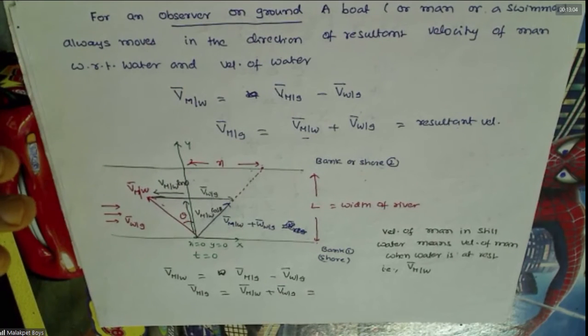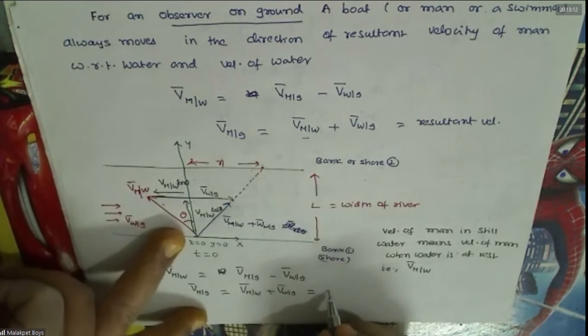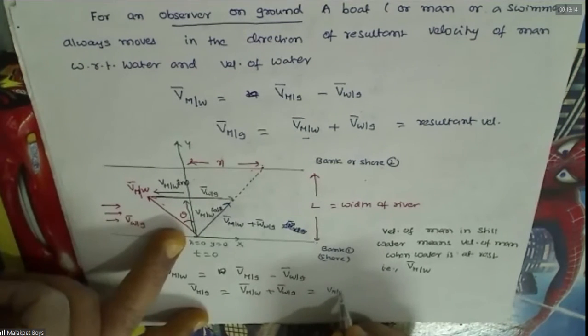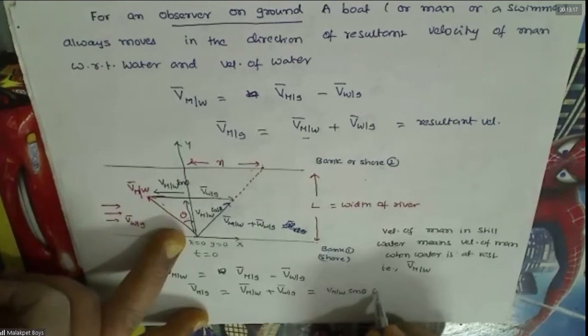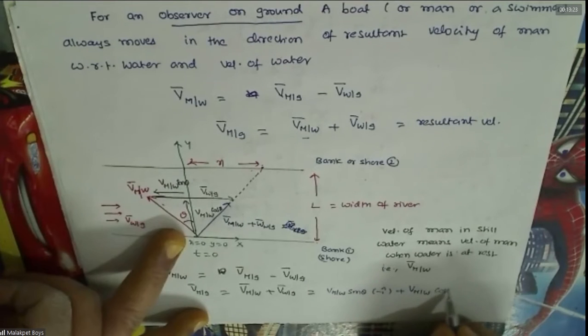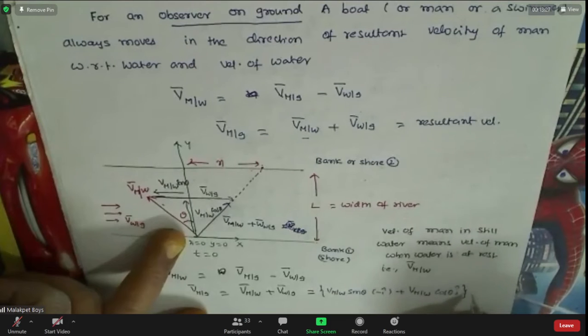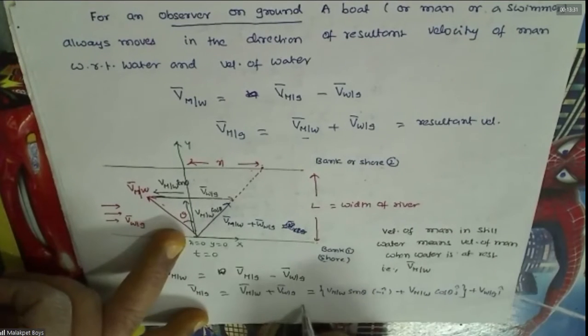So you will be getting this, you can write like this. What is this? Man with respect to water. In which direction? Sine theta minus i cap plus man with respect to water cos theta j cap. This is the velocity of man with respect to water, and water is flowing in which direction? I direction. That means totally you have,